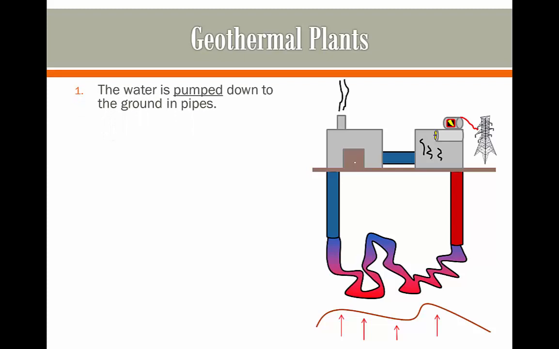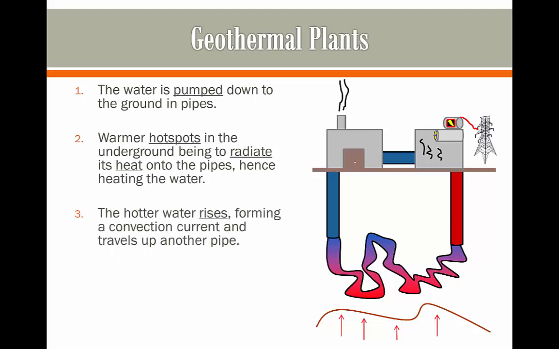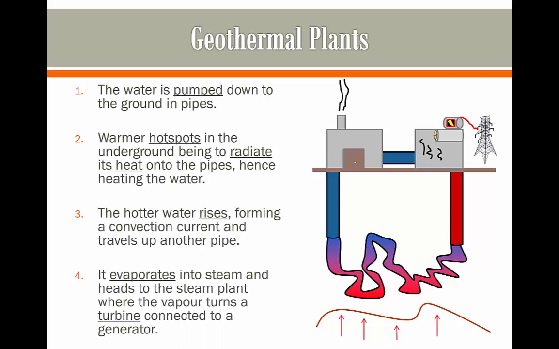The water is pumped down to a series of pipes in the ground. This is cold water, and the hot spots that are in the Earth's crust are going to begin to radiate heat onto these pipes, and this is going to heat up the water. As it does so, the hotter water begins to rise, which forms a convection current, and it's going to travel up the other pipe. As it does so, it's going to go to a steam room where it evaporates into